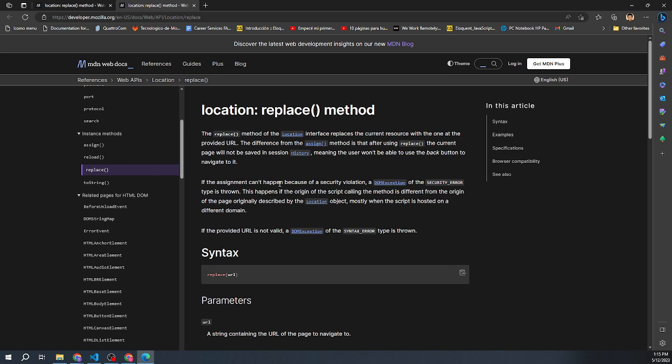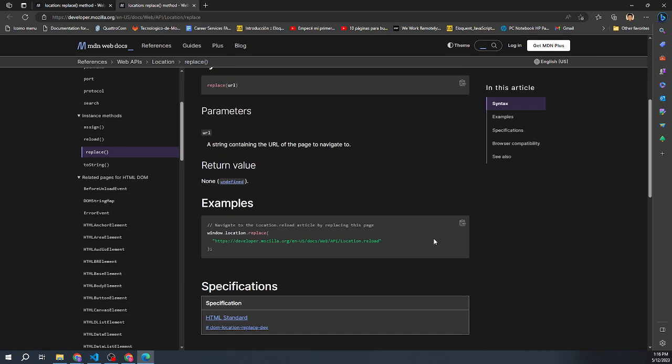If the assignment can't happen because of a security violation, a DOM exception of the security error type is thrown. This happens if the origin of the script calling the method is different from the origin of the page originally described by the location object, mostly when the script is hosted on a different domain. Also, if the provided URL is not valid, okay,